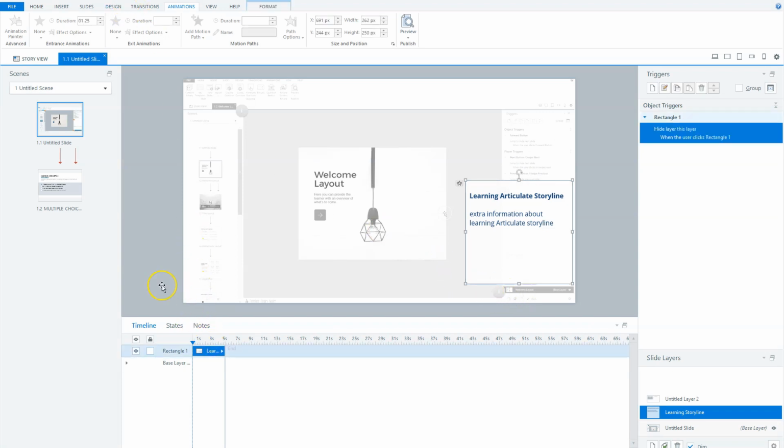Here I have animated it with a float in, so it floats in from under to above. You give some extra information and you can say, for instance, I want to hide it after 5 seconds when the timeline ends, or you can create your own custom close button and let the user hide it when he is ready with it. And then the last